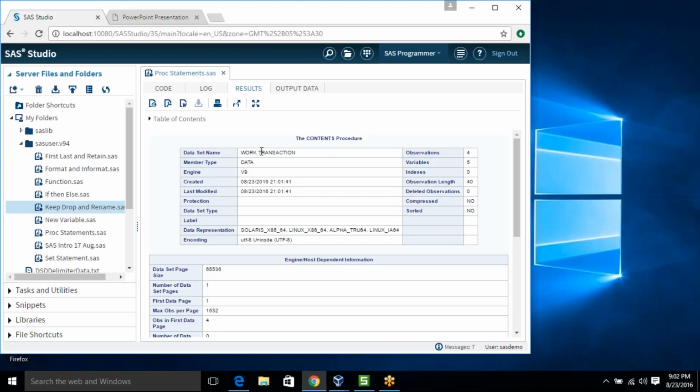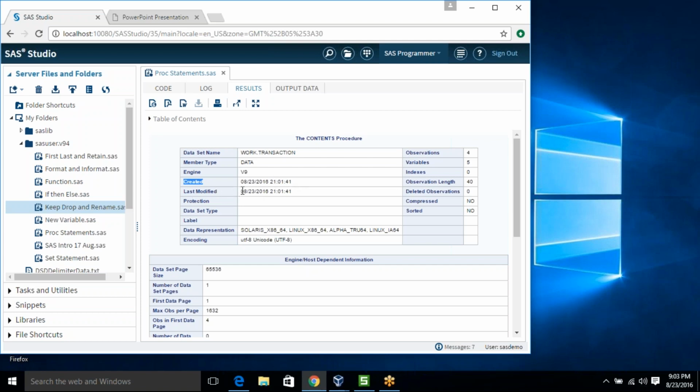So the data set name is work.transaction. In this case we are using the temporary library, so work is coming. This is the data member type and this is the engine, V9, the version. When we created it just now, it shows 23 August 2016 and the time.